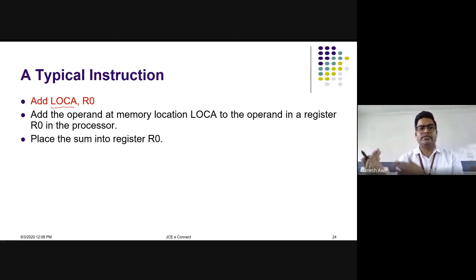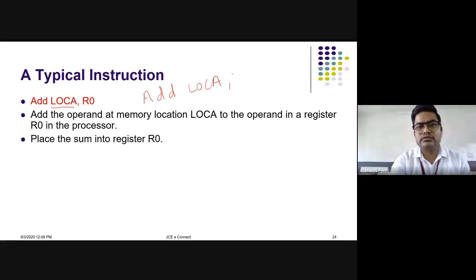We said: take the information from the memory, process it, and whatever result we get is stored back. Here it is storing into R0, because if you have computed something, you have to store the result somewhere. So simply, ADD some memory location, comma, R0. If the memory location holds 10 and R0 is holding 20, what will be the result? 10 plus 20, simply 30.